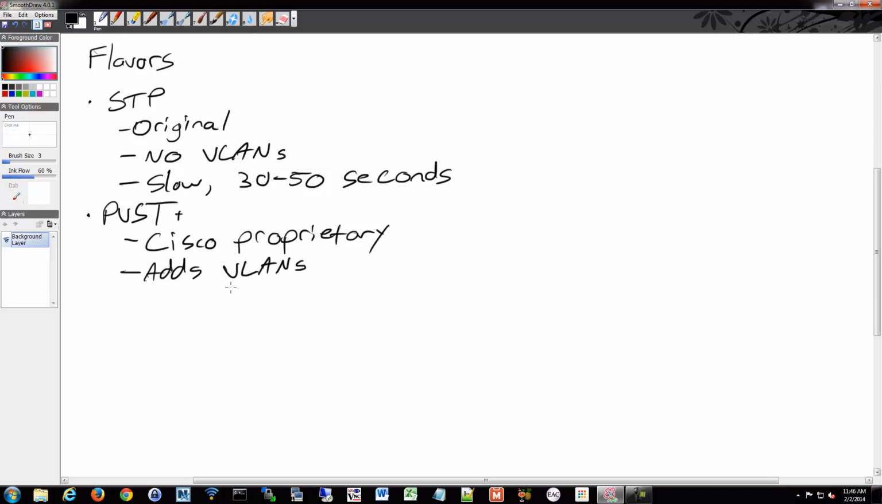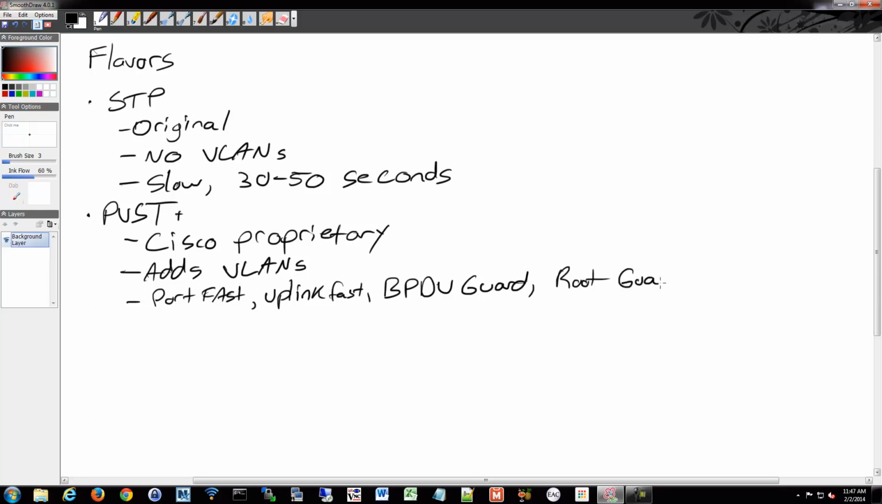It also supports some fancier port features that we haven't gone over too much yet, which we will at some point in the near future, such as port fast, uplink fast, backbone fast, BPDU guard, which we'll talk about, BPDU filter or root guard, all sorts of things. It basically allowed for a bunch of additional features that you can assign your ports for security reasons